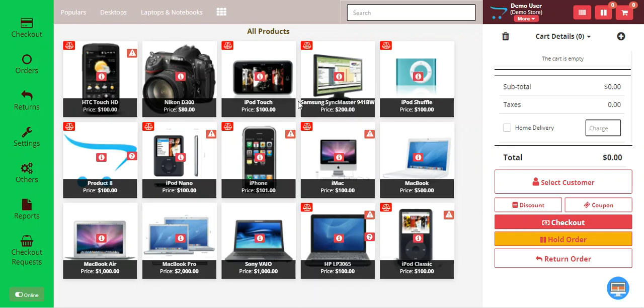Hello and welcome to this new video tutorial of the point of sale customer checkout plugin. Now this particular plugin helps the admin to create checkout links as well as QR codes for the customer POS